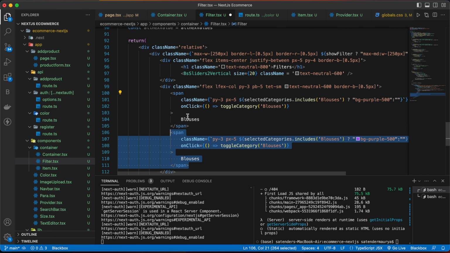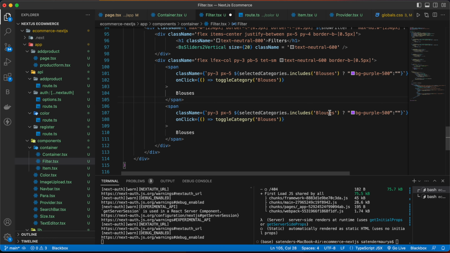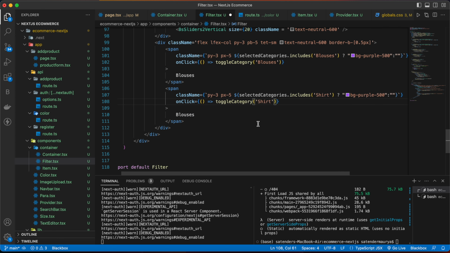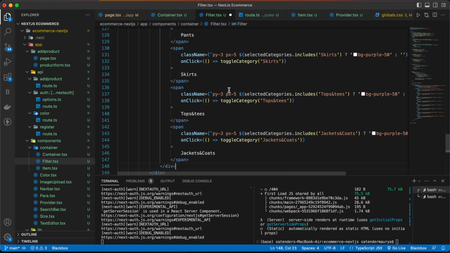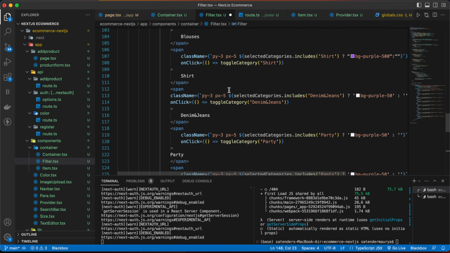Now duplicate this and change this to shirt, and here as well shirt. And similarly we are going to have denim and jeans, party pants, skirts, tops and tees, jackets and coats, and you can add other categories as well.